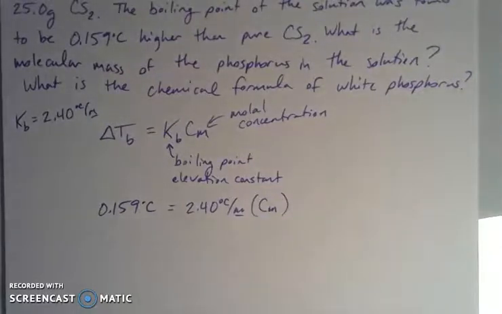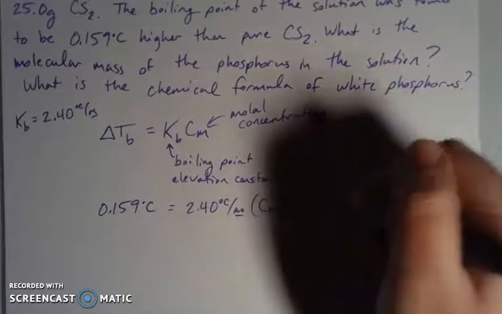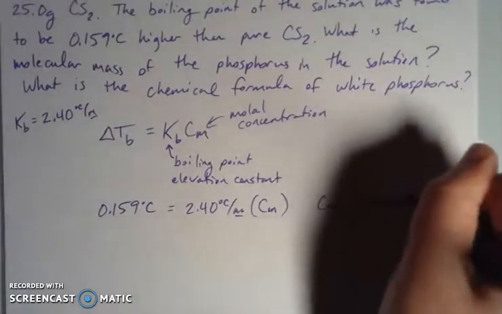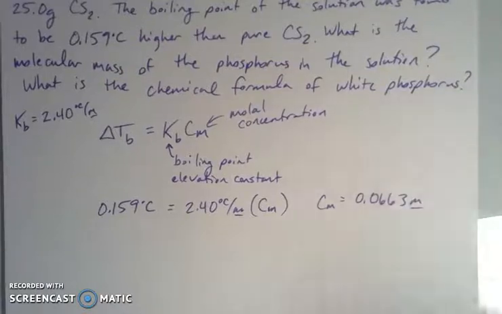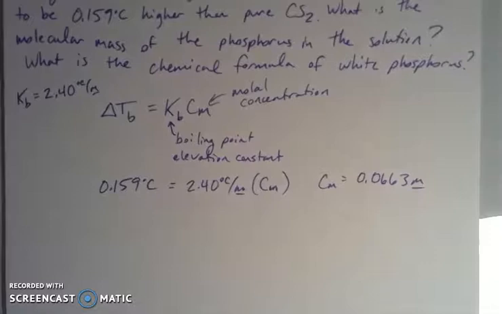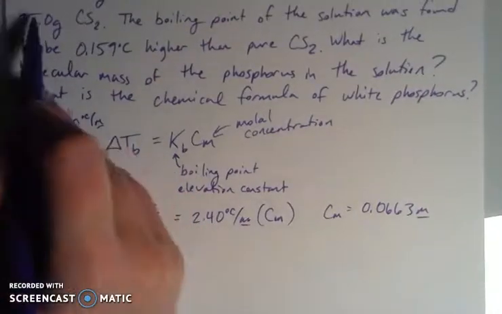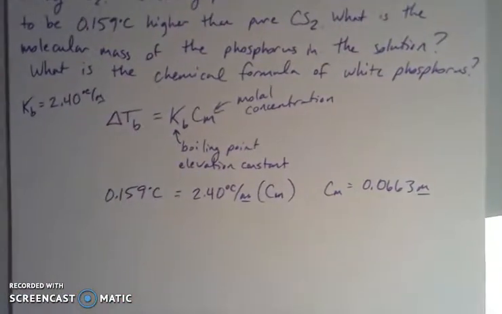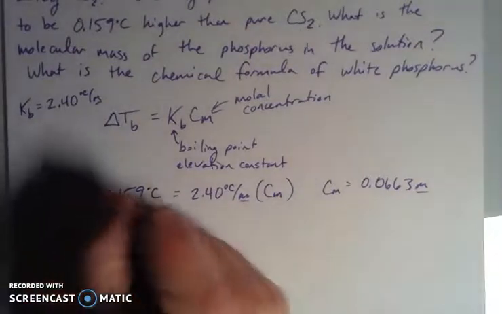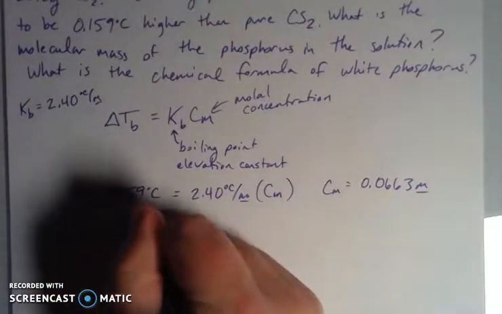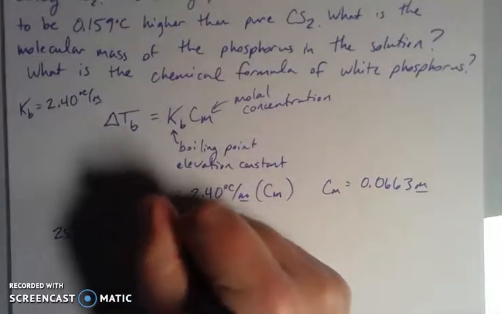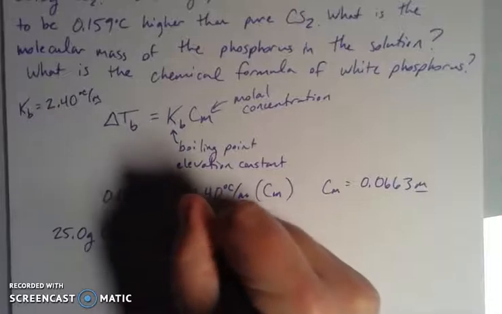So if I just do my little rearrangement here, then I find that I have a concentration that is equal to 0.0663 molal. Now I can do the same operation I did in the last problem. I know that I have 25 grams of my solvent, my CS2, and then I can go from grams to kilograms of my CS2,